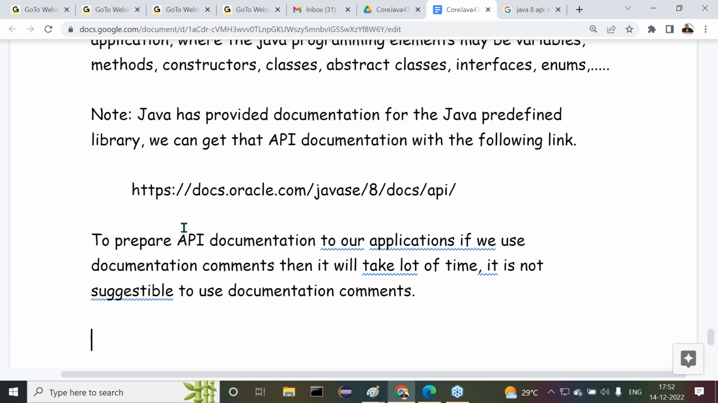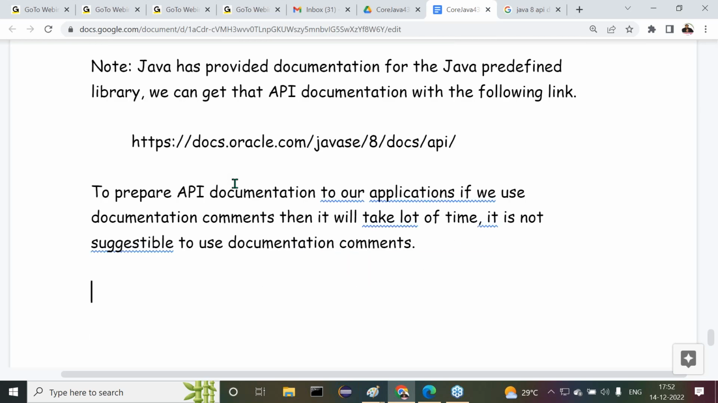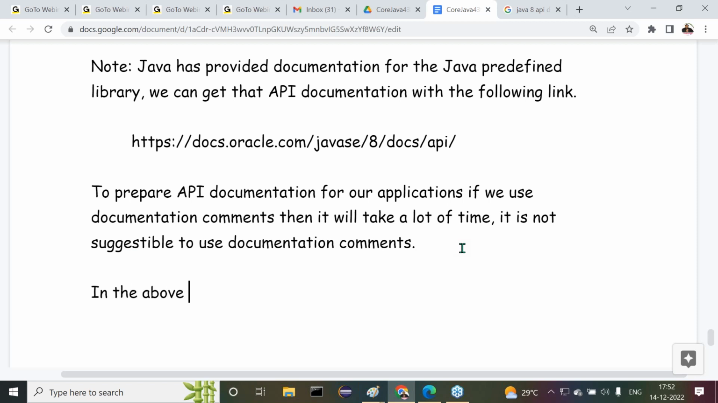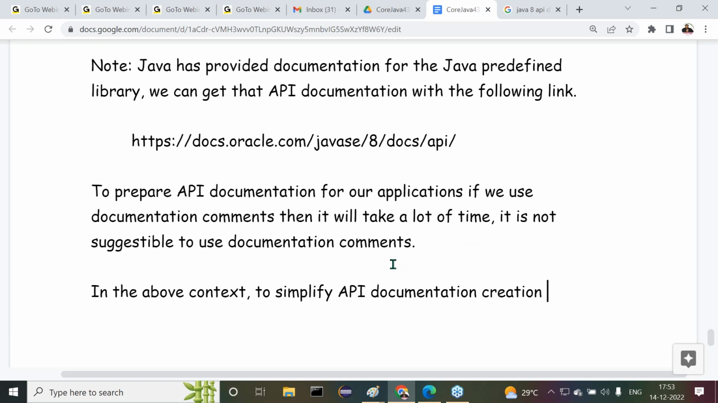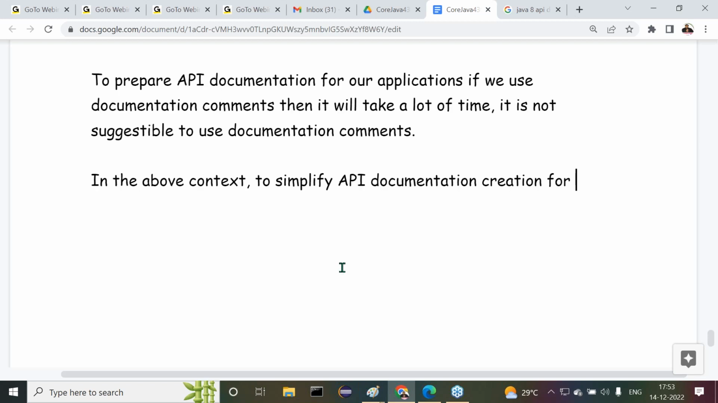Understand my point here? What is the problem with documentation comments? To prepare API documentation for our application, if we use documentation comments, then it will take a lot of time. It is not suggestible. I'm telling one more point here. Observe carefully. In the above context, to simplify API documentation creation for our Java application, we have to use a predefined